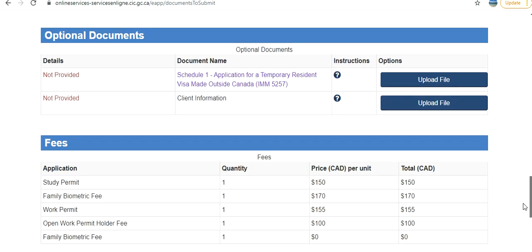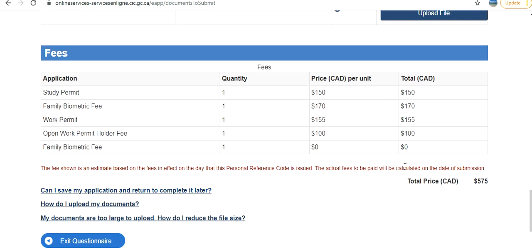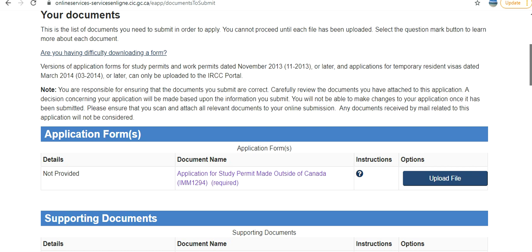Similarly, the checklist for her has been created, and the fee also. The family biometric fee is paid only once, which is why in the second case it is 0. The work permit fee, the open work permit fee, these have been populated. Now out of these,